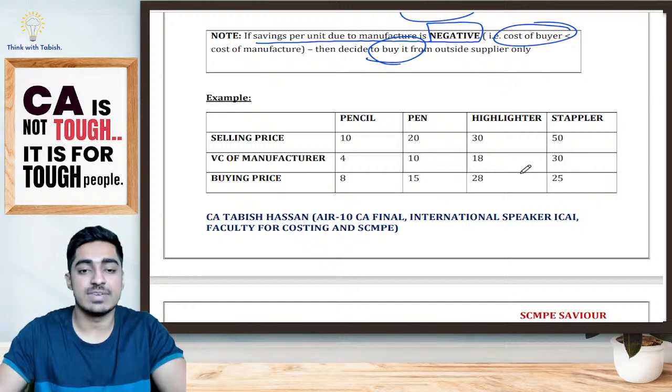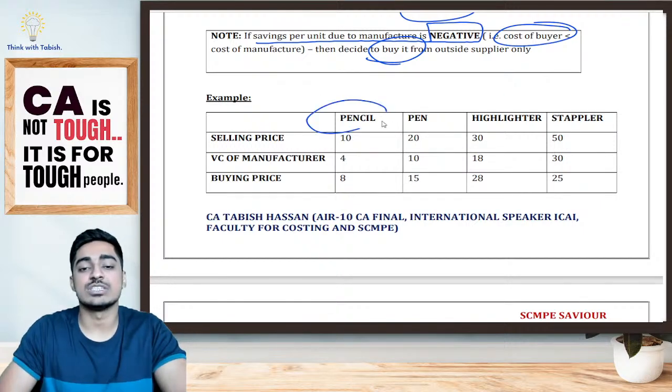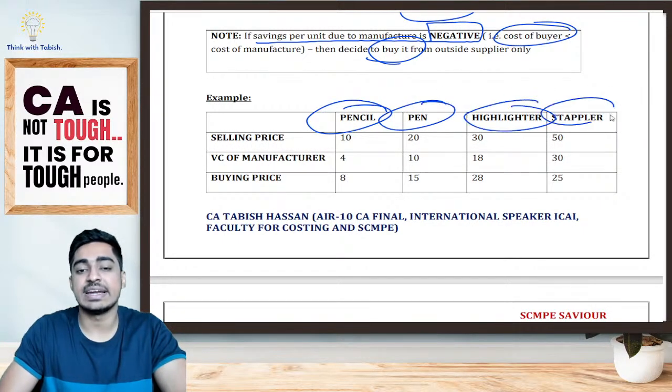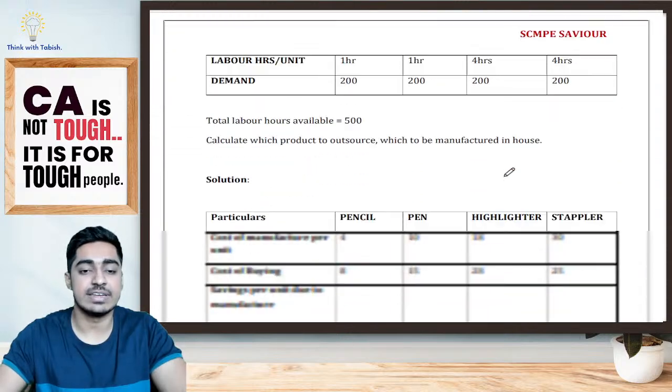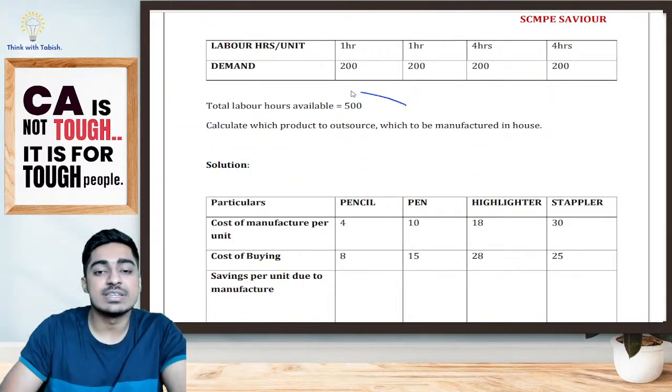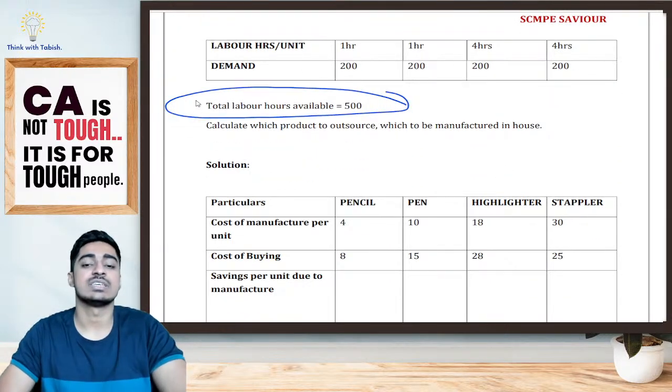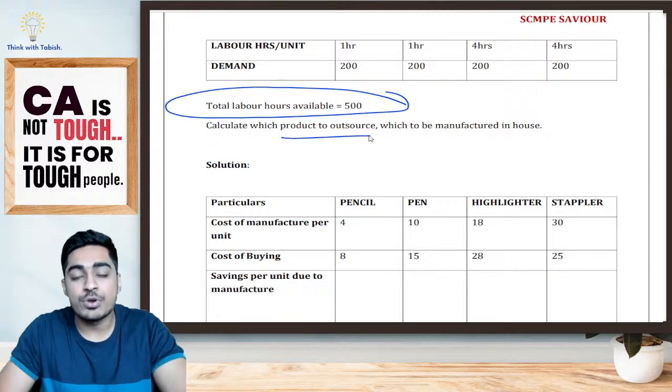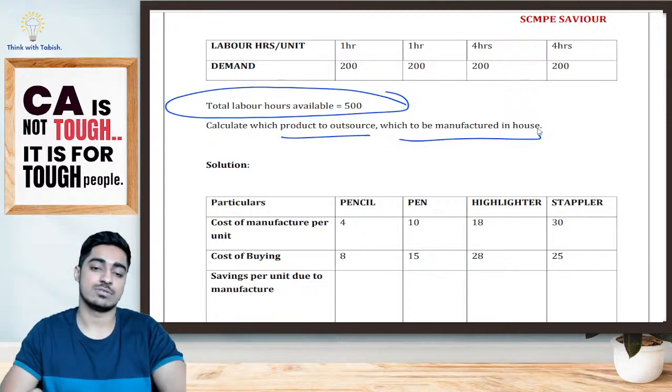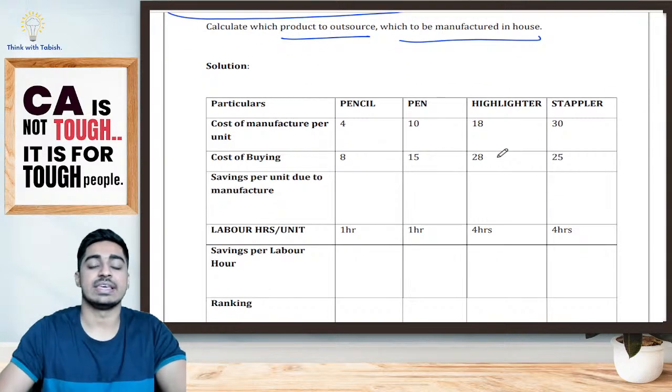Okay. Now look at this. We have an example. We have 4 options to produce: pencil, pen, highlighter, stapler. All data is given here. Total labor hours available is only 500 hours. We need to calculate which products to outsource and which to produce in-house. Firstly, we see,